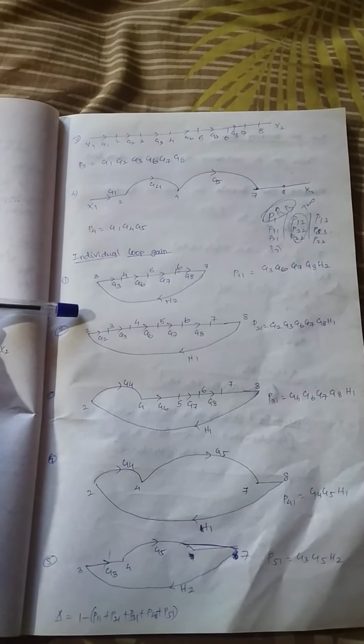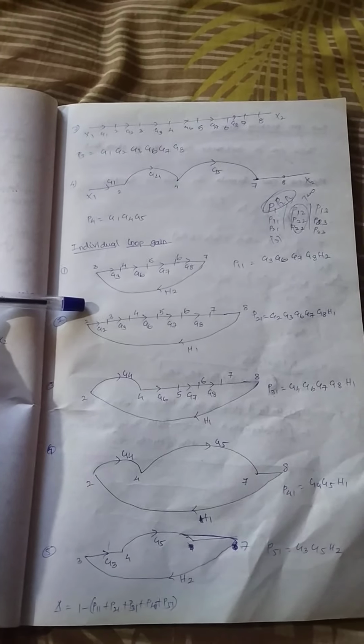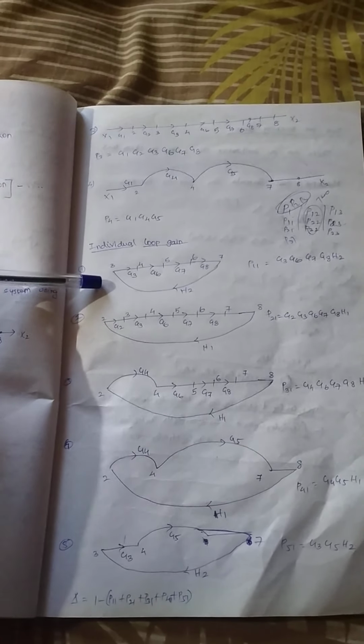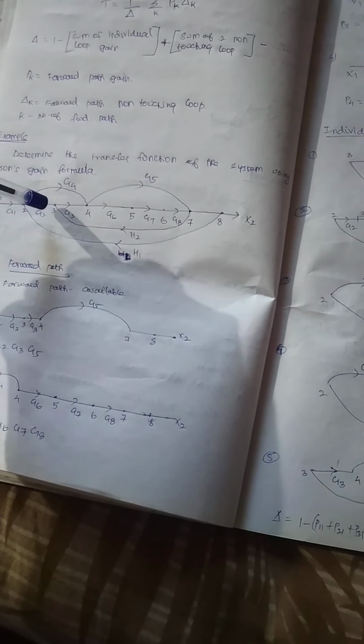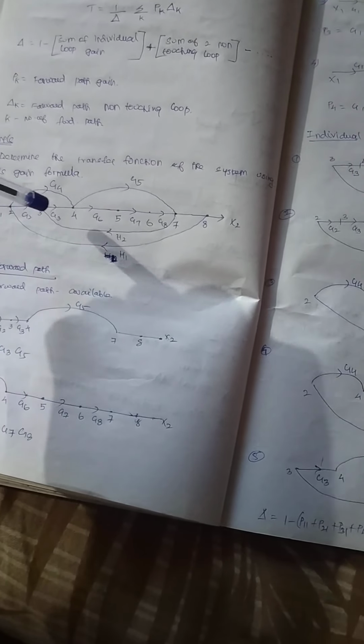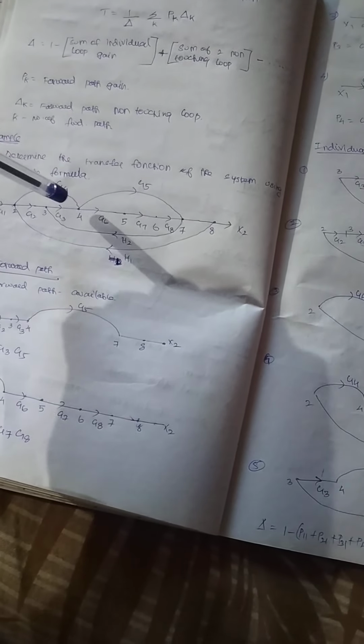And next we are going to find the individual loops of the system. So what does loop mean? Loop means it is a closed path. So what are all the individual closed loops available in the given system? We have 3 4 5 7 and again 3, it is one individual loop, and 2 3 4 5 6 7 8 and again 2, it is one individual loop, and another one is 2 G4 through G4 4 5 6 7 8 and again 2, it is another type of individual loop, and 2 4 5 6 7 8, so it is another type of individual loop. So these are all 5 individual loops available in the system.